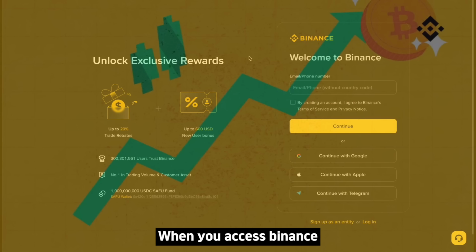For those looking to start trading coins, we'll show you how to sign up for Binance, the world's #1 coin